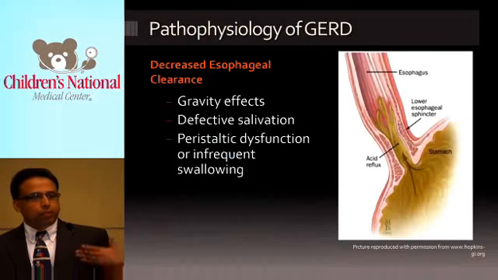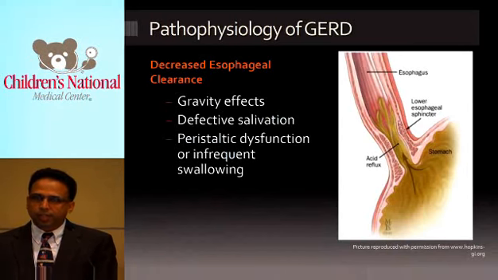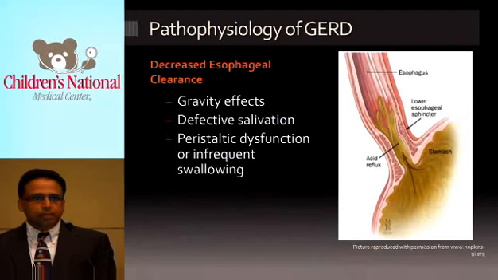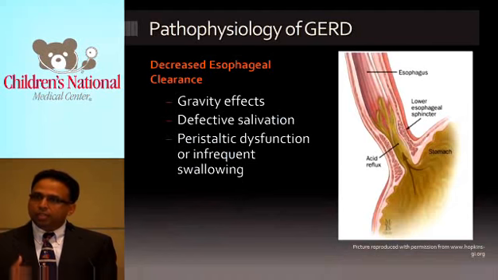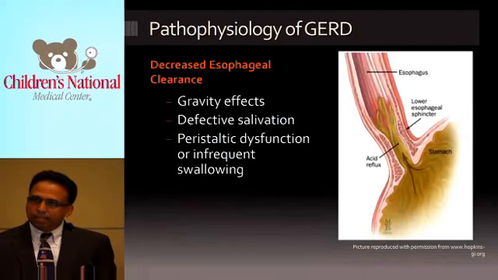Sometimes reflux could be within physiologic limit and yet be abnormal, and that is dependent on decreased esophageal clearance. So the reflux may be happening within physiologic range, but it tends to stay there, and that's decreased esophageal clearance. Typically we see that in kids with developmental delay, seizure disorders, kids who are lying a lot flat on their back, etc. Kids who don't salivate, again, the same population, also do not have that frequent swallow as other normal or typically developing kids do. And therefore, they are not able to neutralize any acid coming back from the stomach. Similarly, the same population is again at risk because of poor peristaltic dysfunction.